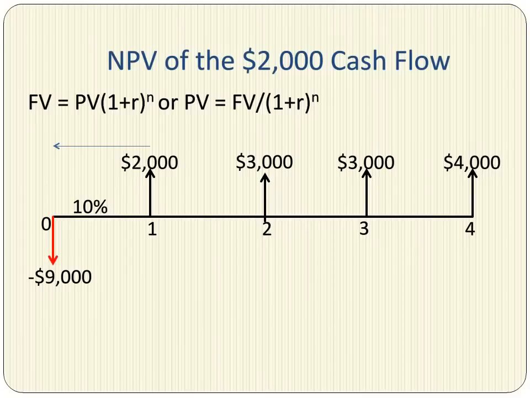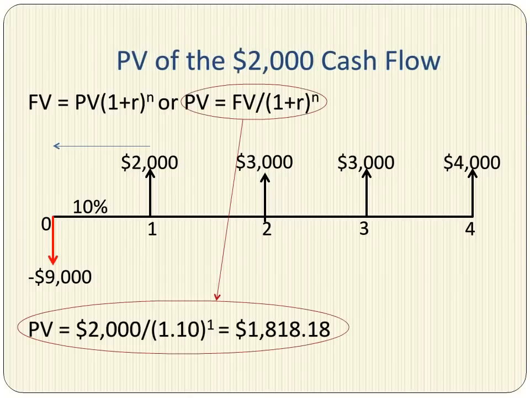To find the present value, we use the formula future value equals present value times 1 plus r raised to the power of n. This can be rearranged to read present value equals future value divided by 1 plus r to the power of n. The future value in the formula is the specific cash flow. R is the cost of capital, which is 10% in our example, or 0.10 in decimals, and n is the